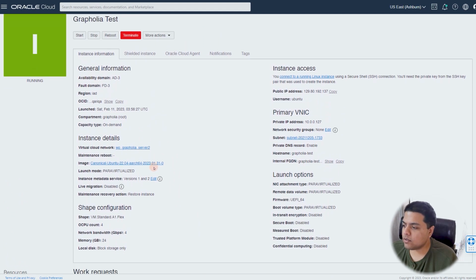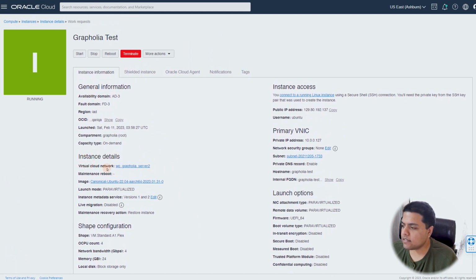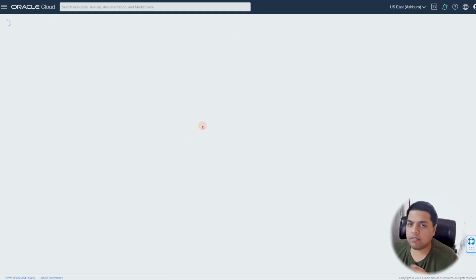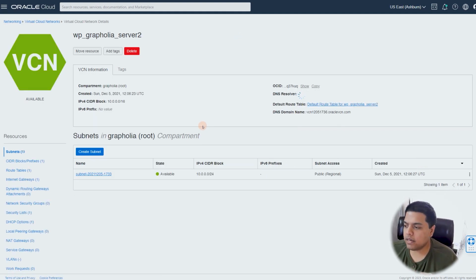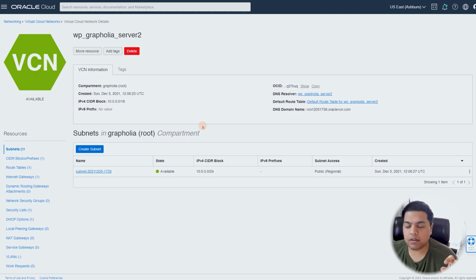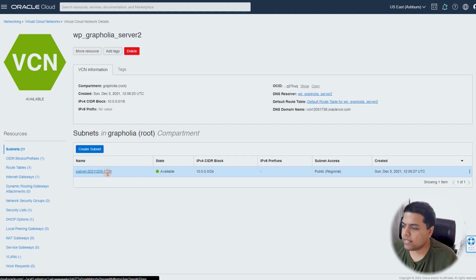And so let me show you the instance details, this virtual cloud network. And when you click it, if you have set it before, it will show up over here, and you also have to set up the subnet over there. You have to create a new one. Once you have created both of them, it will show up over here. This is the virtual cloud network, and this is the subnet. So inside the subnet